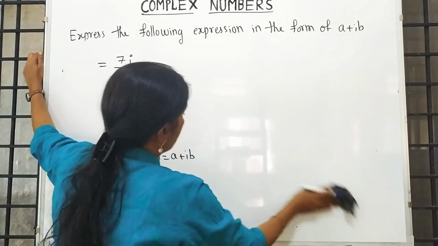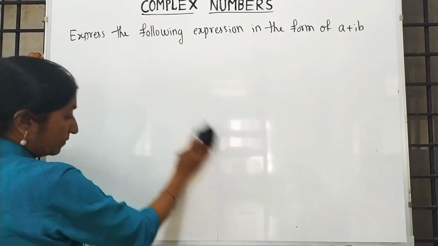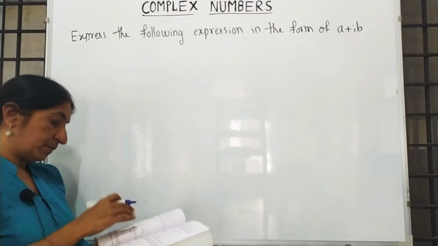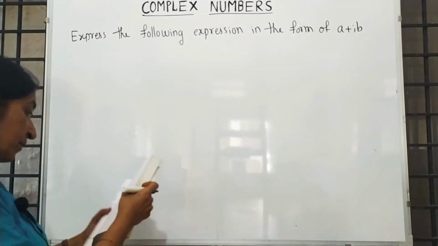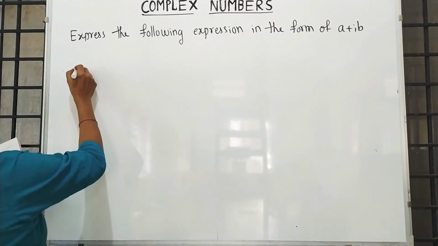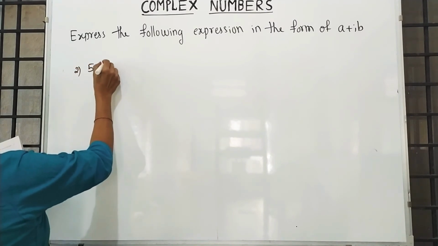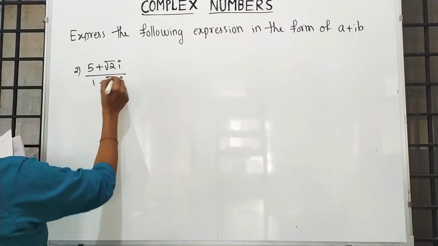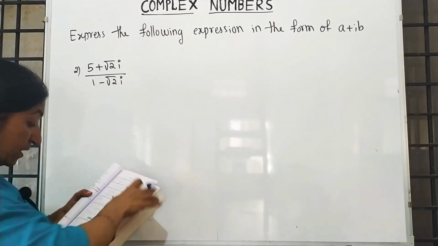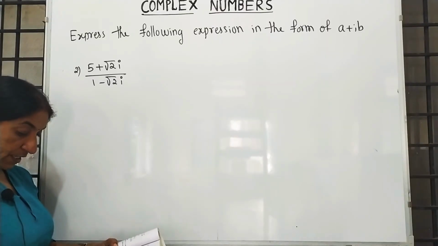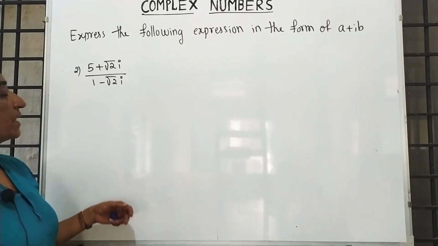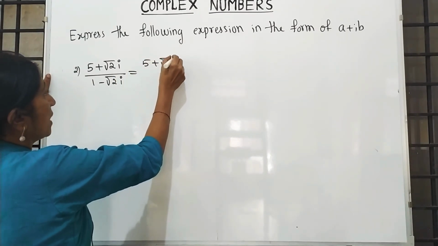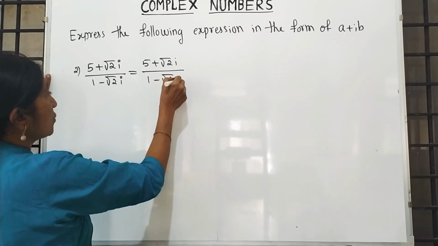Moving to the next example. These questions are important. Express the following in the form of a plus ib. Second one, 5 plus root 2i divided by 1 minus root 2i. See here, it is not in the standard form. I is present in the denominator. We have to write it in the numerator. Means directly we cannot write. We have to rationalize this. Rationalize the denominator, and the rationalizing factor is